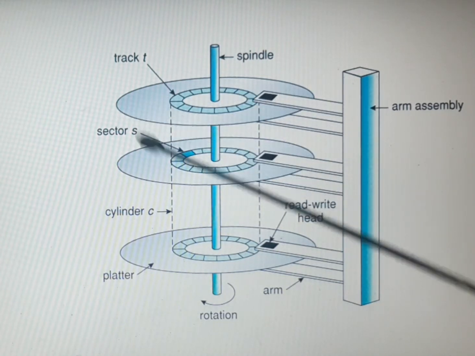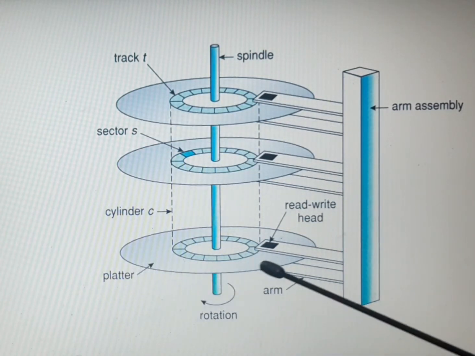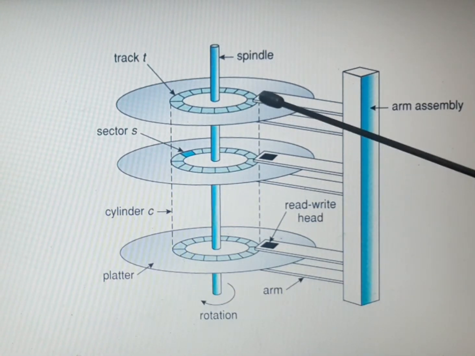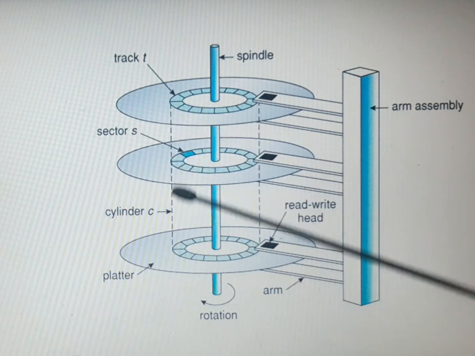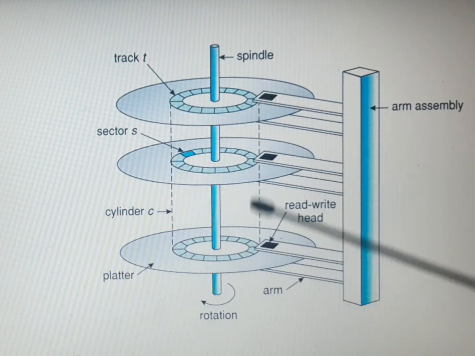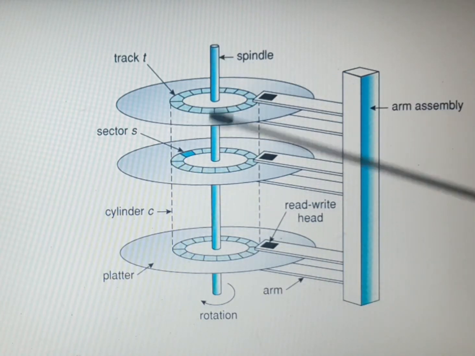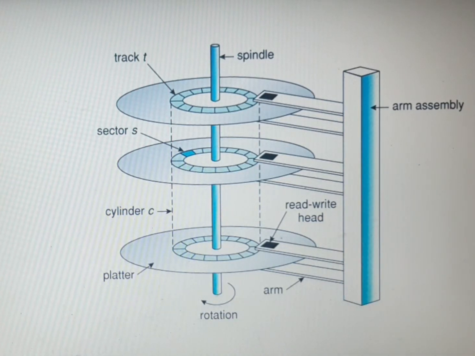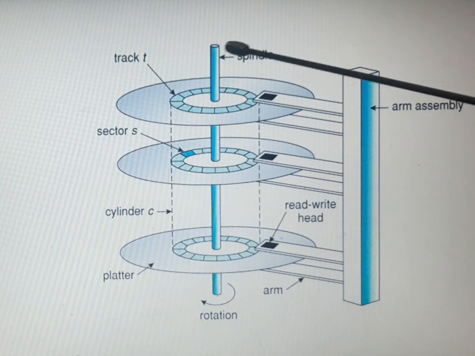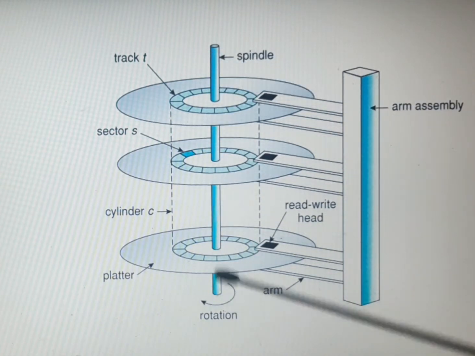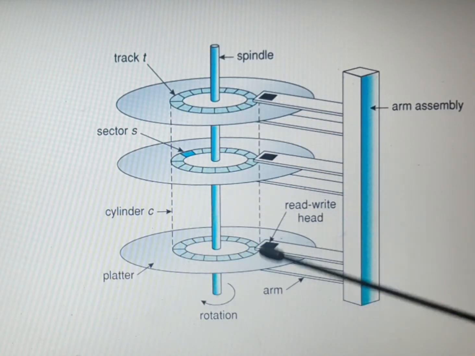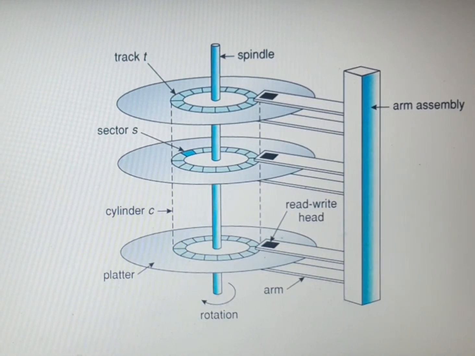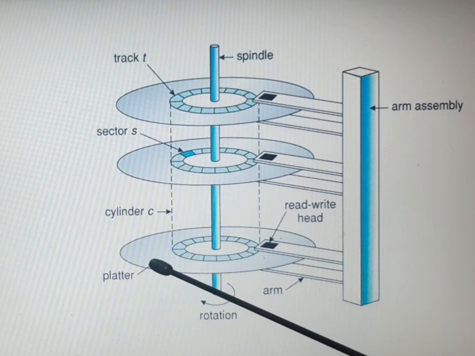In this disk, we call this a platter. This is a cylinder. In this spindle we kept all these platters. All platters are kept on the spindle in the cylinder form. Cylinder just means a round notation. So this is the platter.